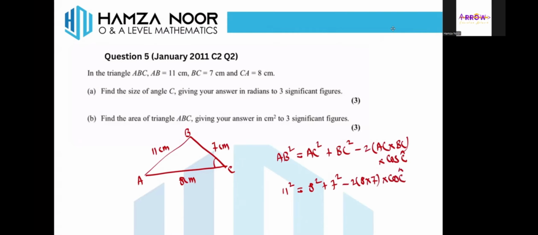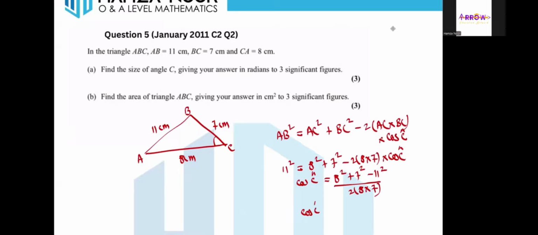So when we make cos C the subject, cos C is supposed to be 8 squared plus 7 squared minus 11 squared, divided by 2 times 8 times 7. So cos C is equal to how much? Just evaluate this complete thing: 8 squared plus 7 squared minus 11 squared. In the numerator you have minus 8, divided by 2 times 8 times 7. This is 112. And since the value of cos C is minus 8 divided by 112, obviously this would be